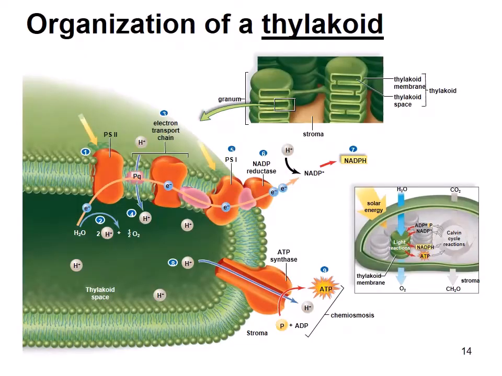All right, so this shows you the organization of the thylakoid, so that inner membrane inside of the chloroplast. These yellow areas are supposed to be light coming in. Also notice there's this hydrogen ion concentration gradient where there's more hydrogens on the inside of the thylakoid space than the outside. So if we start with light striking photosystem 2, that is going to bump an electron up to a higher energy level, and that electron will get passed along an electron transport chain here, and as it's going along that electron transport chain, that's going to provide the energy to pump hydrogen ions across their membrane here against